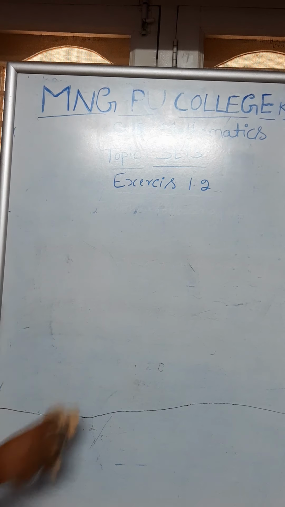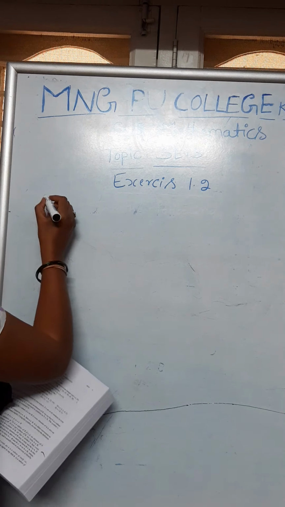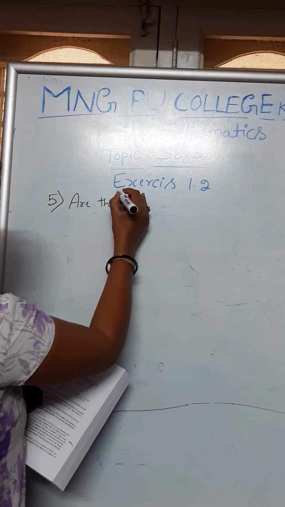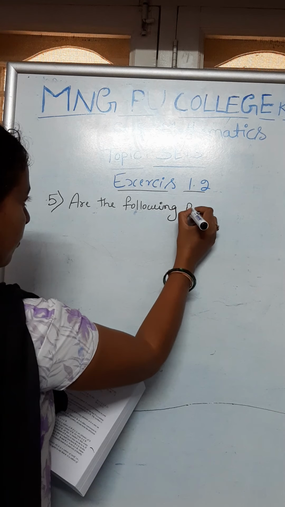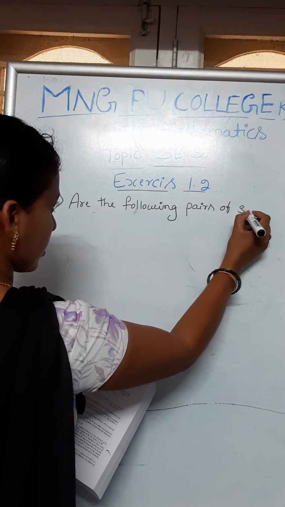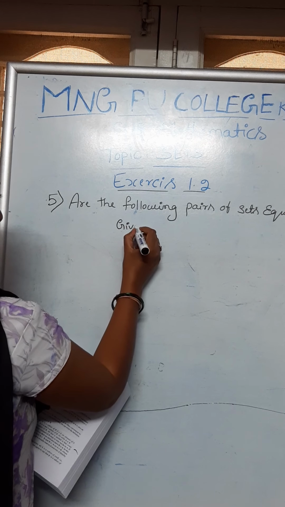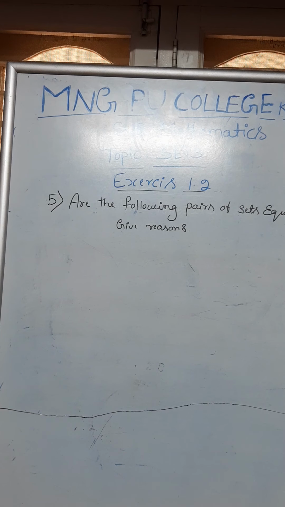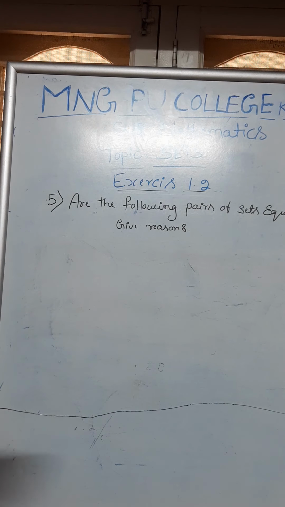Next, fifth one. For the following pairs of sets, state whether they are equal, and give reason. So in that, first one, take